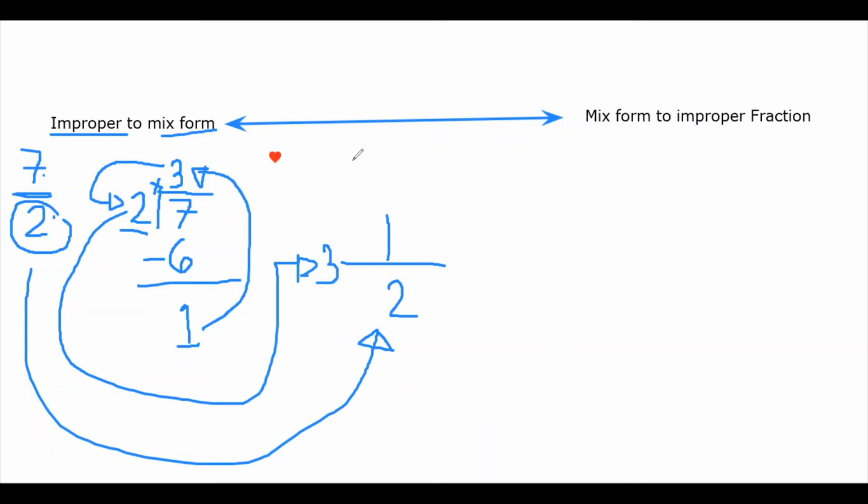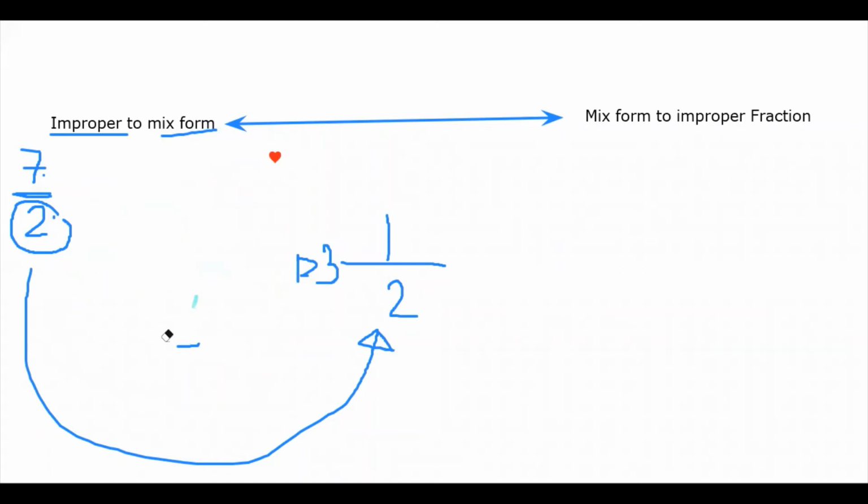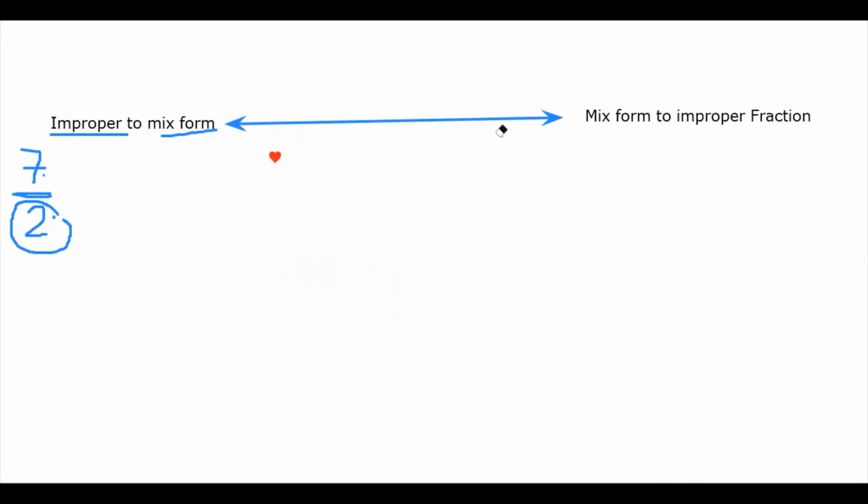Did you get it, my fellow learners? Do you understand how I got that answer? If you don't, I will give you some examples, and I will give you more examples. We will just erase this. Okay, so the answer for 7/2,